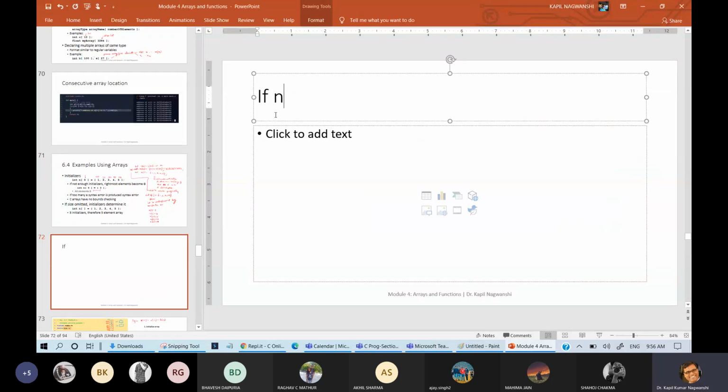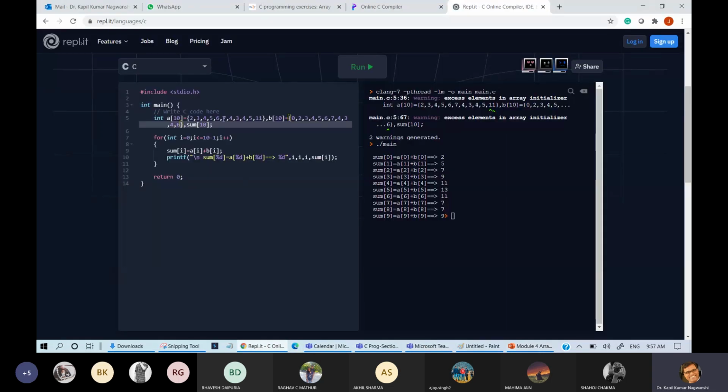So we will check all the cases, if the number of elements are less than. Let us write 5 as the size, I think. And I'm not going to explain the B and C.